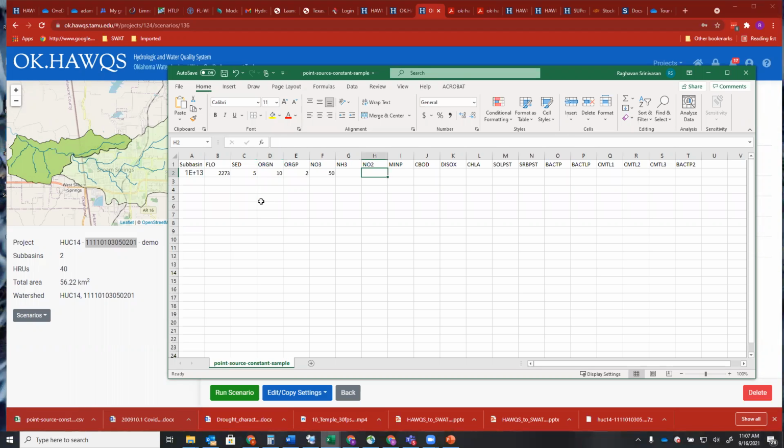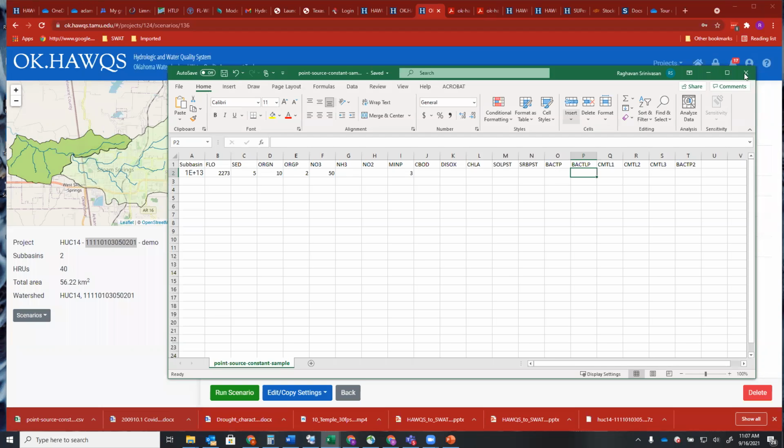I don't have ammonia, so I don't need to put that information. Mineral phosphorus, let's say I'm putting about 3. If you have the information for the rest, like bacteria, pesticide, dissolved oxygen, carbonaceous BOD, and things like that, you can add them. Otherwise, you can simply save it,